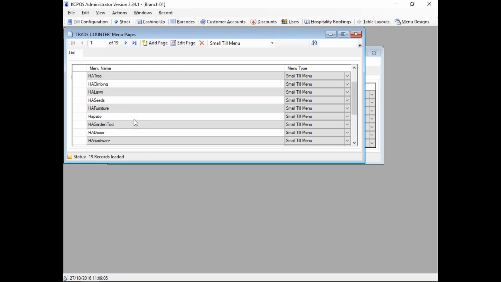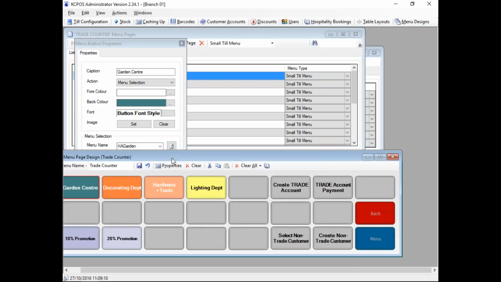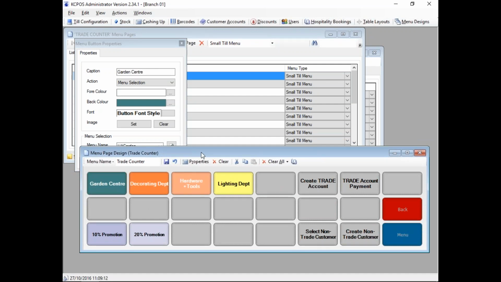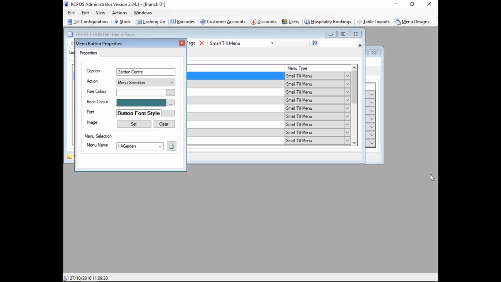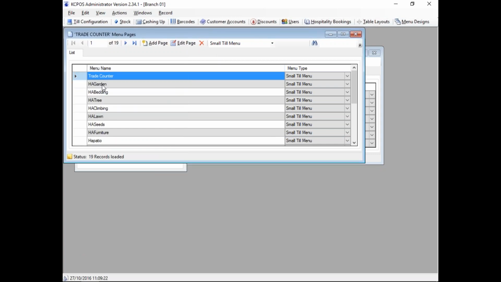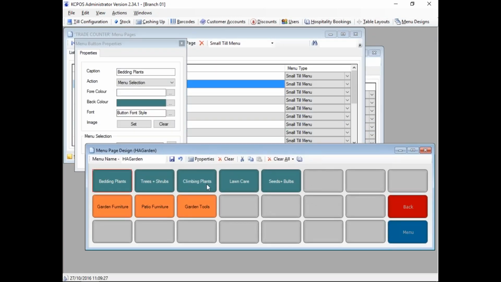So we can look at our trade counter mode, and if I look at our trade, that is our main menu that we were working with. So it's very easy for us to see that when we click on this menu, it's going to open up another menu called HA Garden. If I was to look at our menus, HA Garden then takes us into what menu? So there. It's very, very straightforward for us to open up menus, create new menus, add